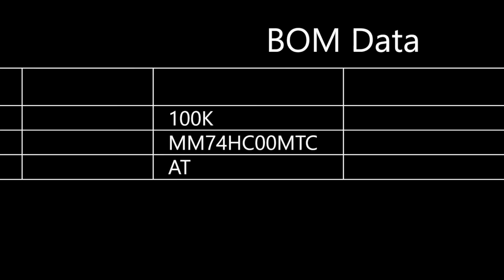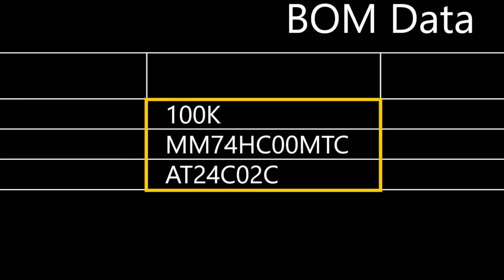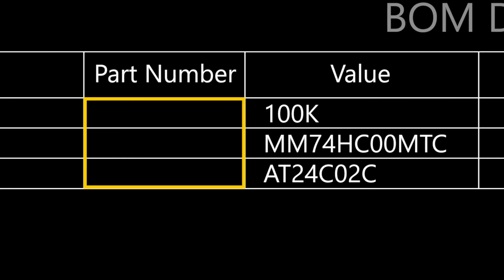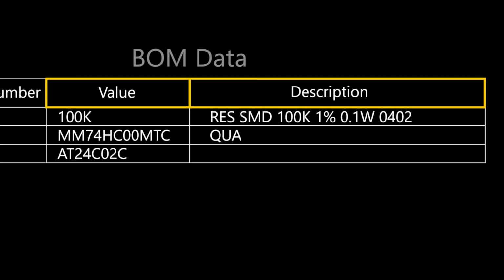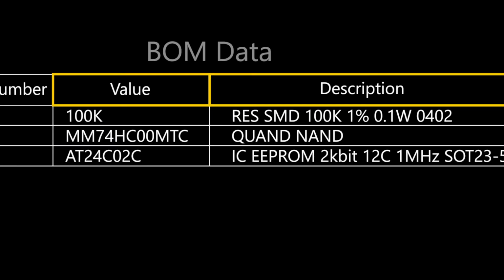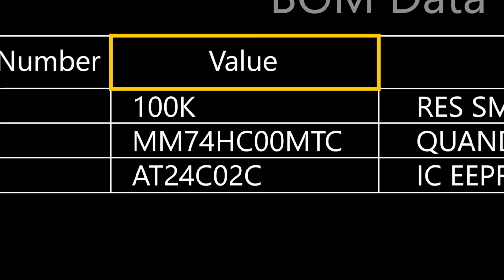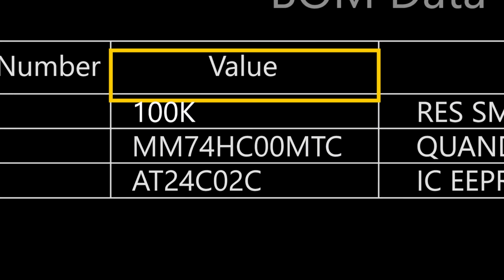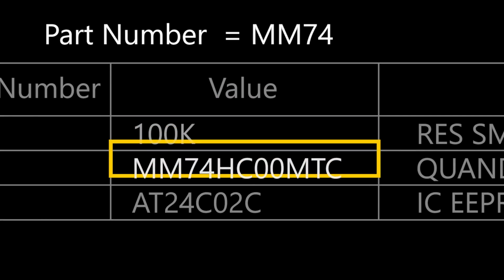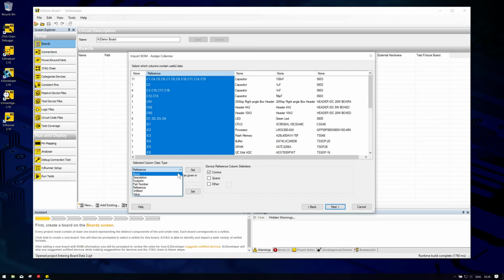If your BOM's got part numbers and values in the same column, it's probably best to allocate it to the value data type because of how XJ Developer searches for part numbers. You see, when the software does device categorization, if it finds the part number field empty, it will read the value and description fields and try to extract a part number from them. So by assigning a mixed column to the value data type, you're not only enabling XJ Developer to get values from it, but you're also giving the software the best chance of extracting the part numbers as well.